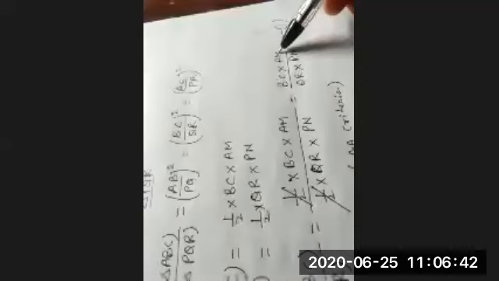Yes, sir. Now, if this equation we consider as equation number 1 and this as equation number 2, then see here, AM divided by PN can be replaced from equation 2 by AB by PQ. Yes or not? Yes, sir. Okay. Now it will be done. Just consider this as equation 2.